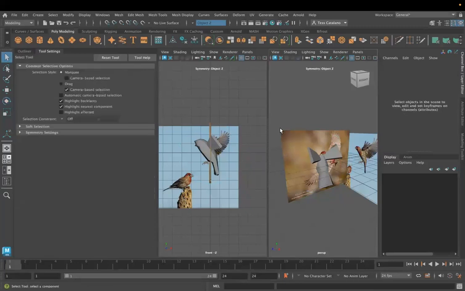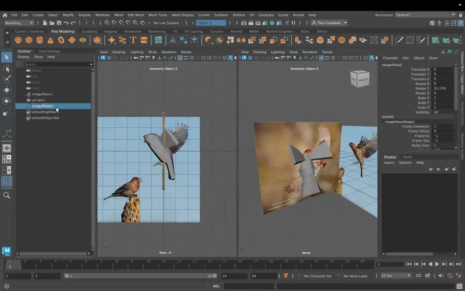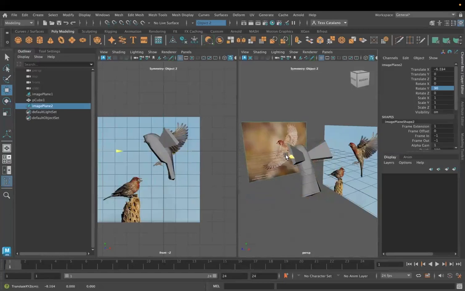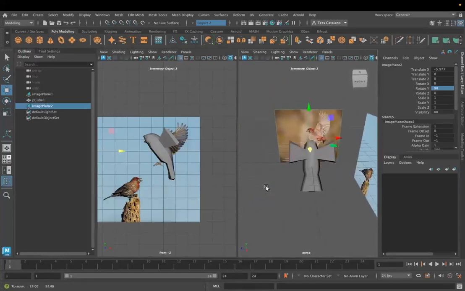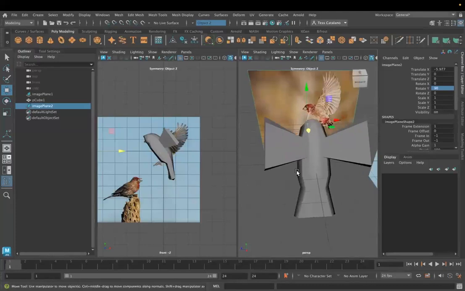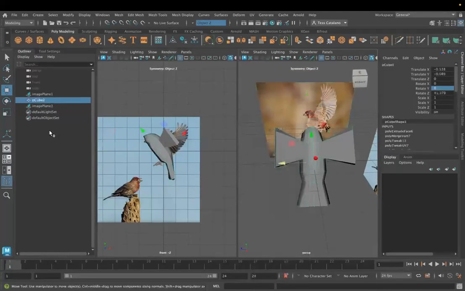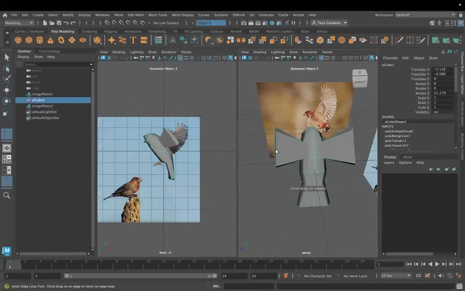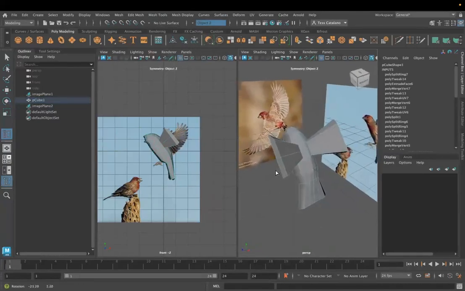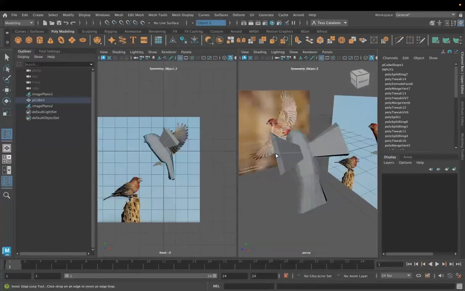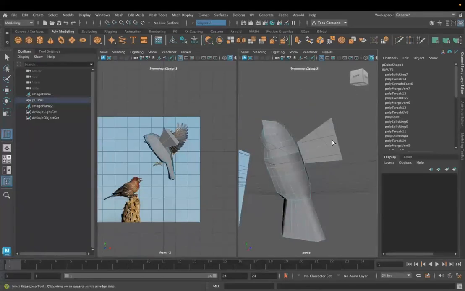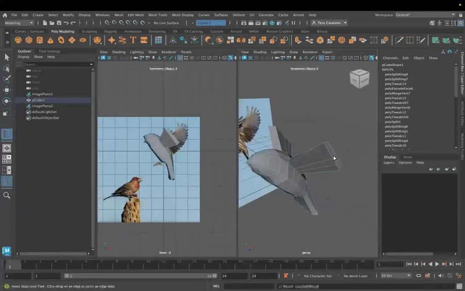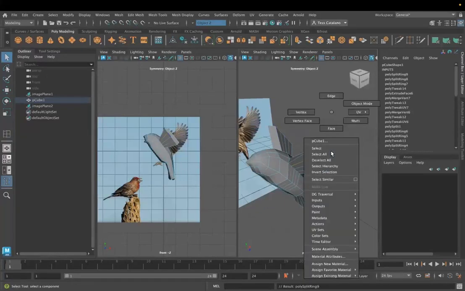Let's see if I can select this image plane and rotate it just 90, perfectly 90. And let's just move it back here so I can look at it, so I can see how maybe those wings look stretched out. Looks like I'm going to need another edge loop along this part of the body. I'm adding too many. Maybe at this point I'll add some more